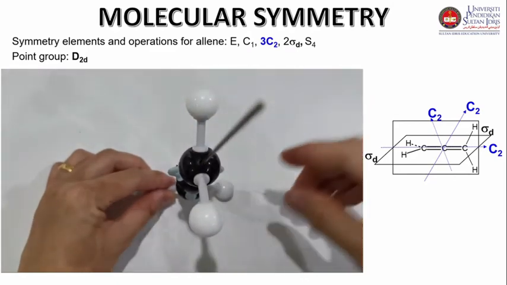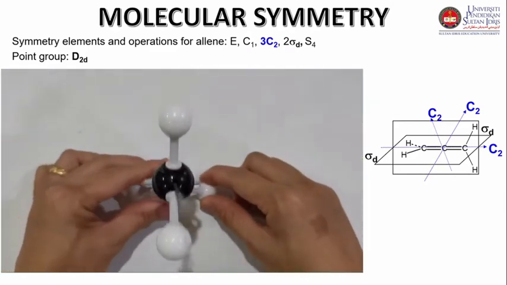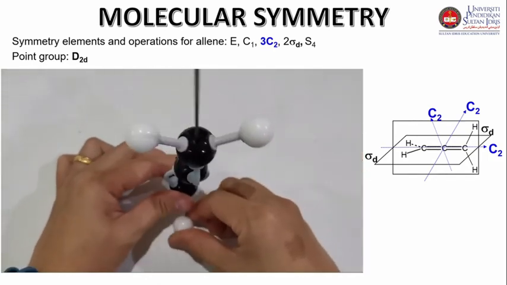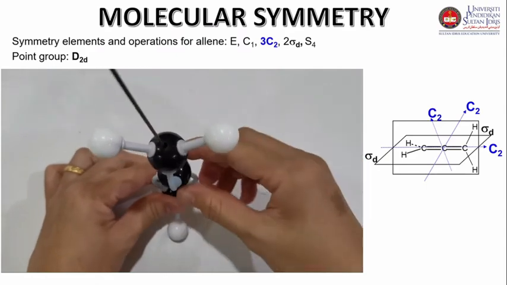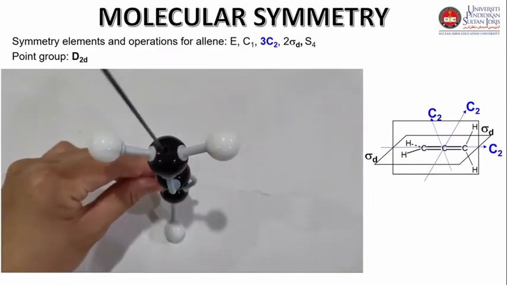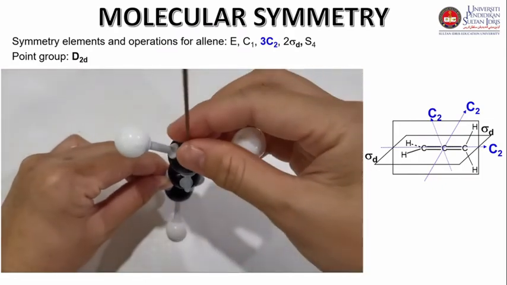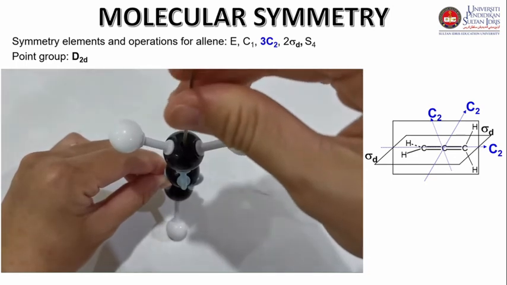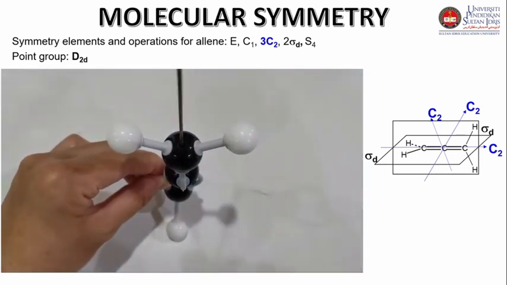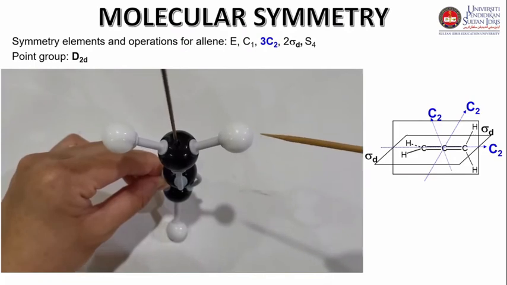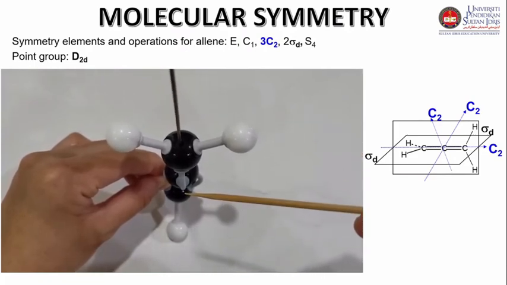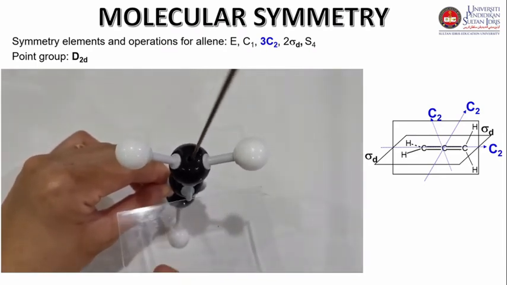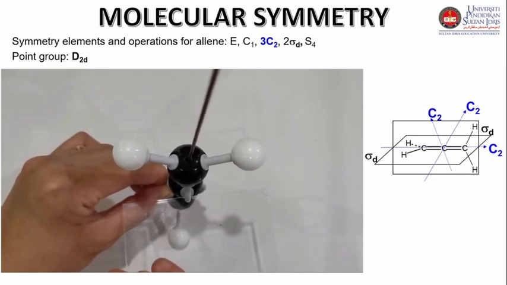Now we check S4. For the S4 symmetry operation, we rotate the molecule through an angle of 90°, and after the reflection, you can clearly observe this is the rotation of 90°, and after the reflection, we can obtain the S4 symmetry operation in this molecule. So there is a dihedral plane, and two C2s are perpendicular to the main axis. So there is existence of the D2d point group in this molecule. I hope guys you clearly understand there is existence of the S4 symmetry operation.